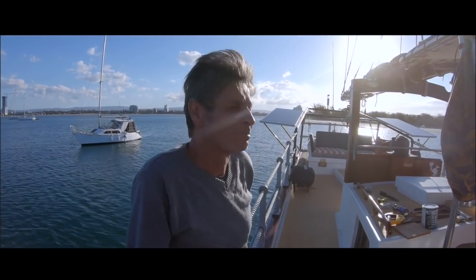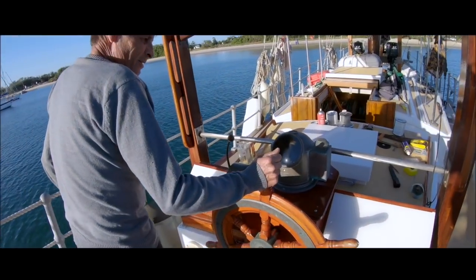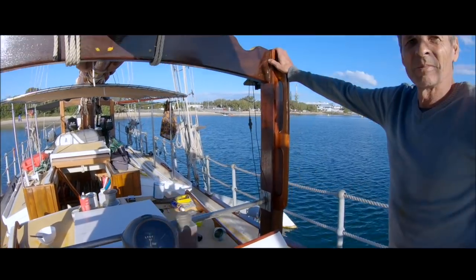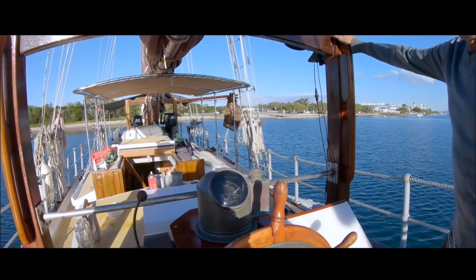And where do you steer from? Just back here, the cockpit. It's got a lounge chair on the back. Oh, so you're fairly in the weather here, right? Yeah, that is one thing that this boat doesn't have. That you love. Yeah, you're in the elements, but most of the time, like any other